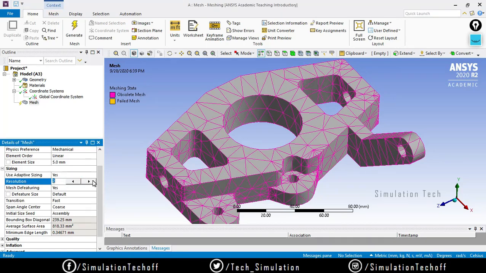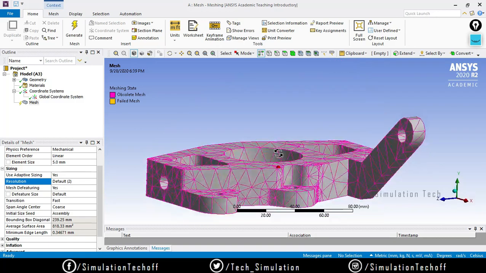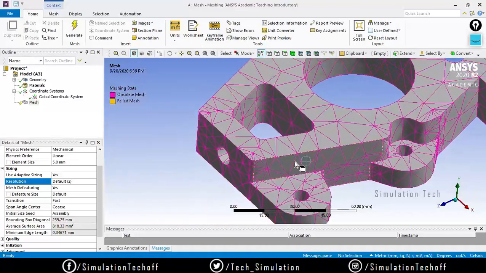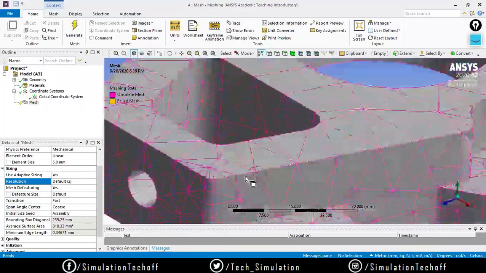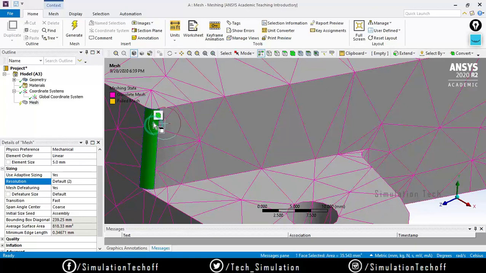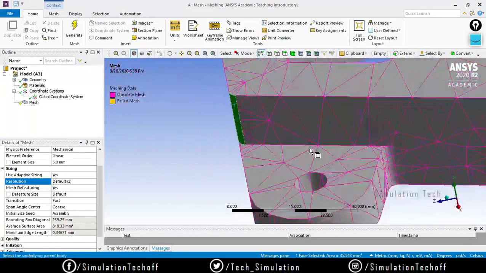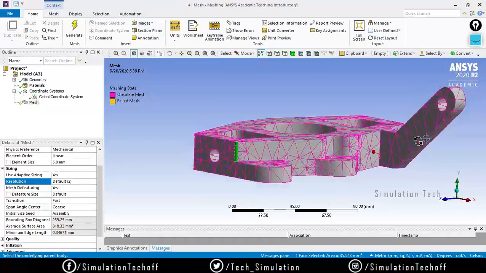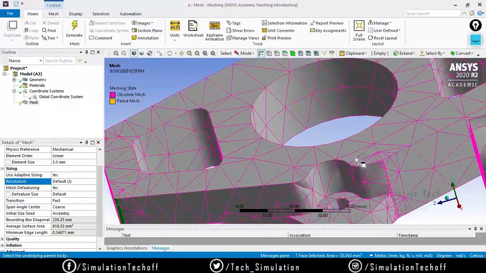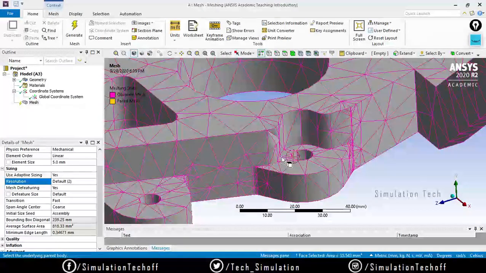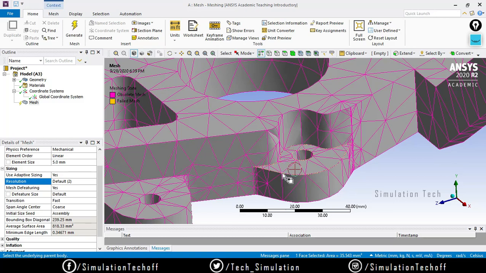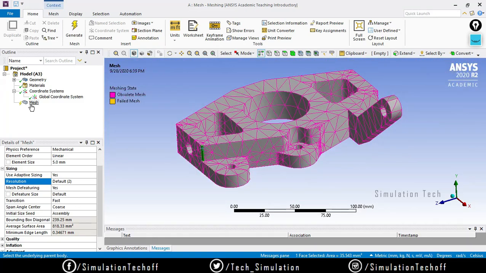So if you increase the factor, your mesh will increase or decrease, right? And also you have an option over here, that is mesh defeaturing. What does mesh defeaturing mean? You have some features over here like fillets, and sometimes you have chamfers, holes. These are all features. Due to these features, your mesh will get some disturbance, or you will get a poor mesh over the features. So when I try to remesh this model,